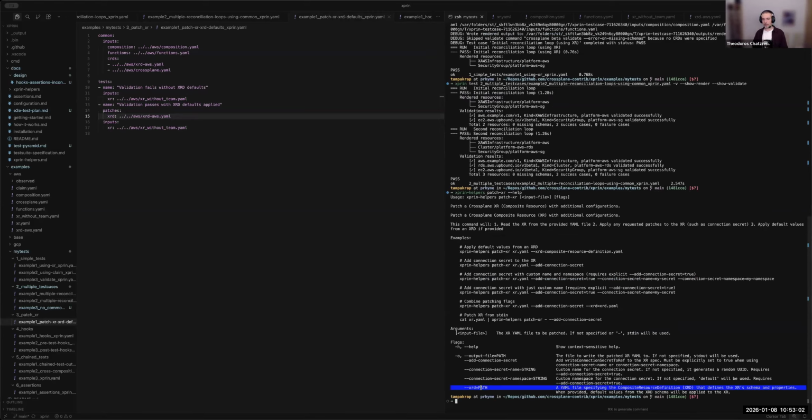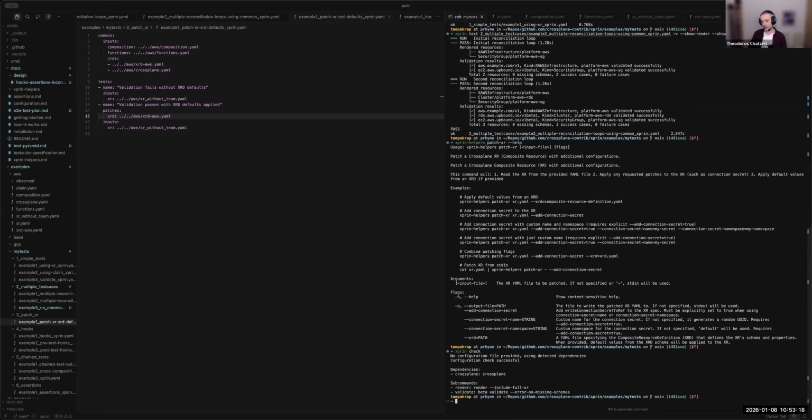it checks where Crossplane is in your path, and it uses that one. And if you define a global config file, you can also override the default render command and the default validate command. So if validate graduates from beta validate to just validate one day, you can have both backward and forward compatibility for Crossplane versions. And right now I've tested in both version 1 and version 2. It works in any version right now.